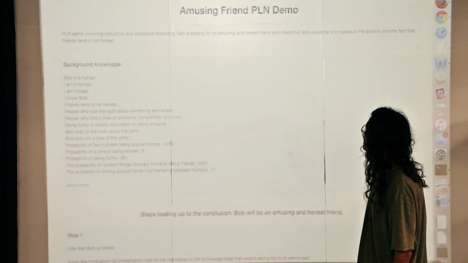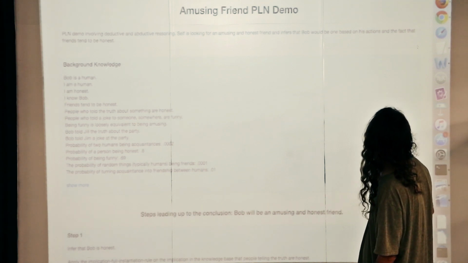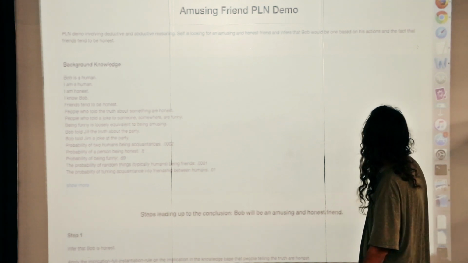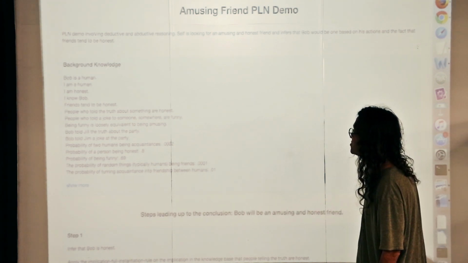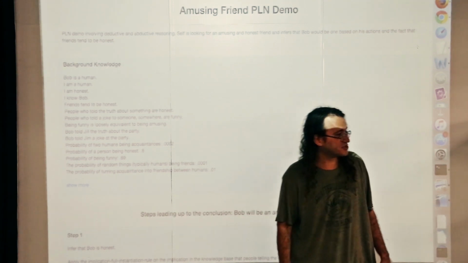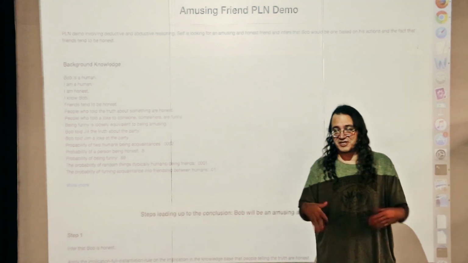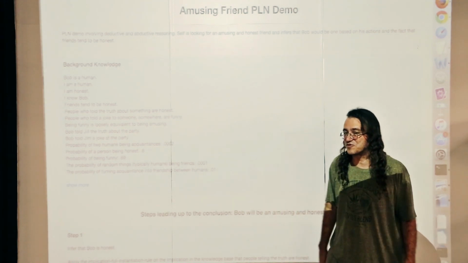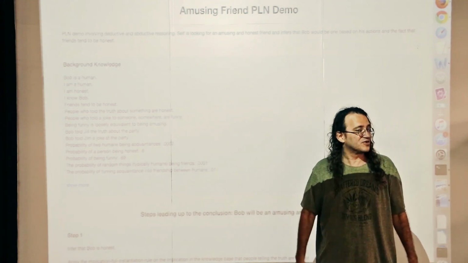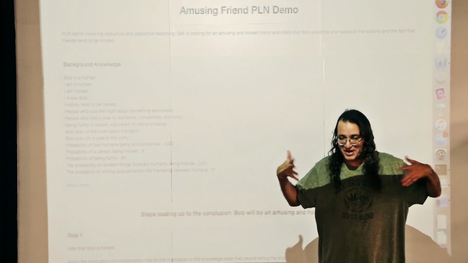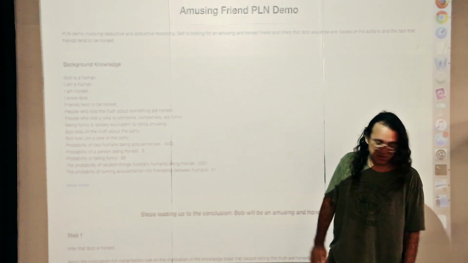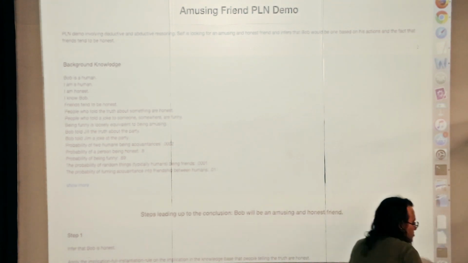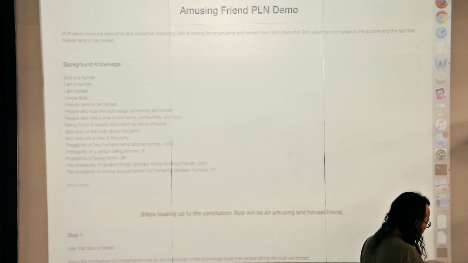And the idea is you're trying to find a friend who is both amusing and honest. And then you're observing that he told a joke so that he's amusing, and you're observing that he told the truth so that he's honest. And you're putting all those pieces together to say, well, maybe this guy will be an amusing and honest friend. So it's a very trivial kind of inference, like a little kid will carry out in the back of their mind without even thinking about it. But to spell it out in terms of PLN is a huge pain, which is the nature of logic.